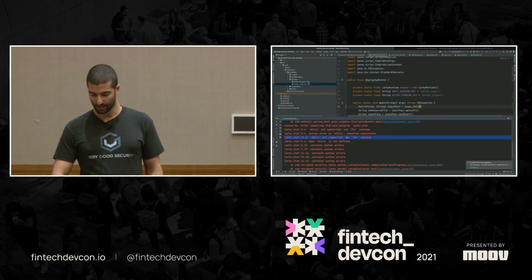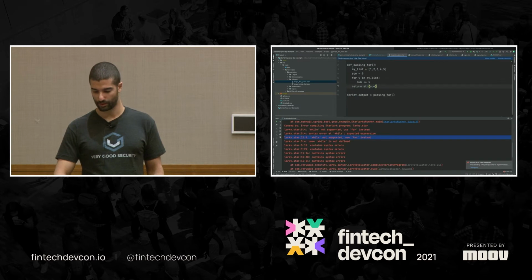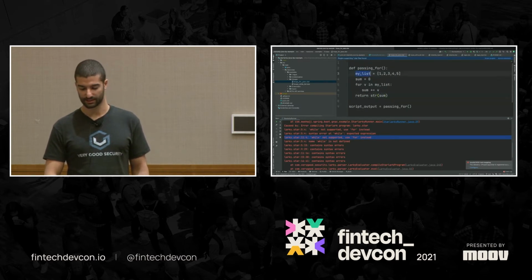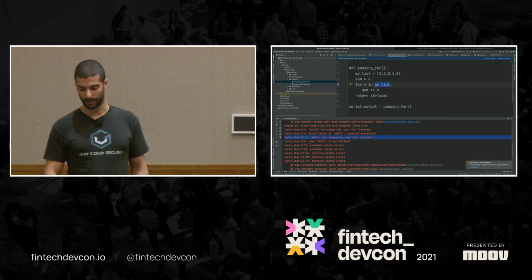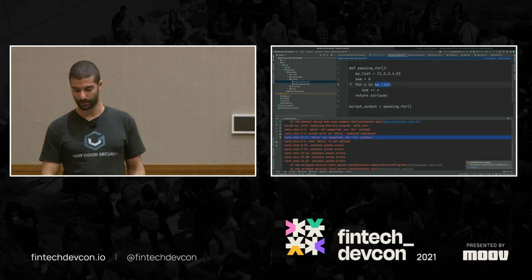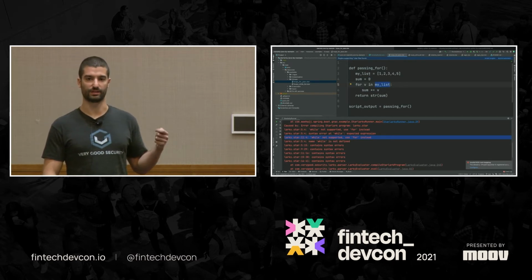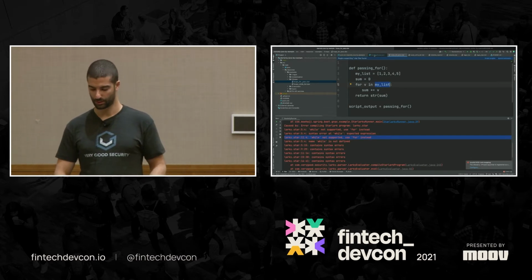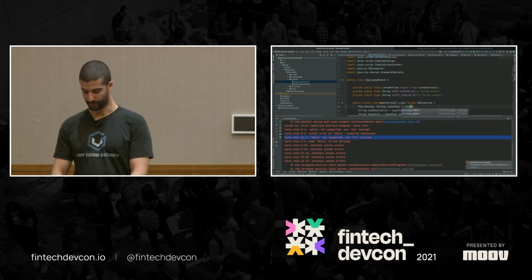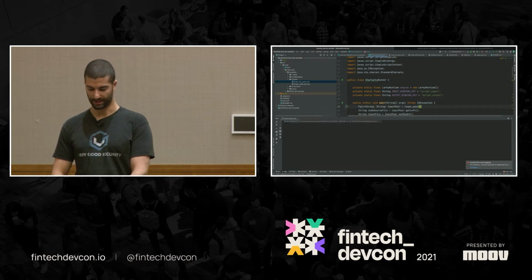And if we look at a passing example for, you can see that I define here a list, and I give the list into the for loop, and this is the only way you can actually execute a for loop in Starlarky, by giving it an iterator. And this iterator, you can't modify it inside the loop. So you can't keep on expanding it and turn it into an infinite loop. And then I'll just show you, if I just run that example out of the box, it's going to pass, right? It just gets me the sum of the elements in